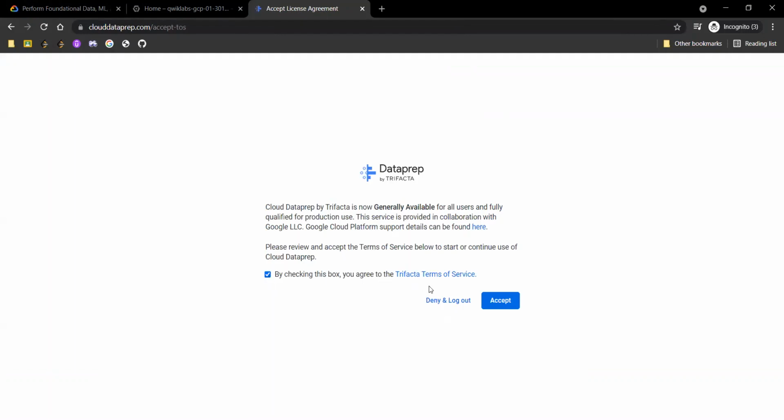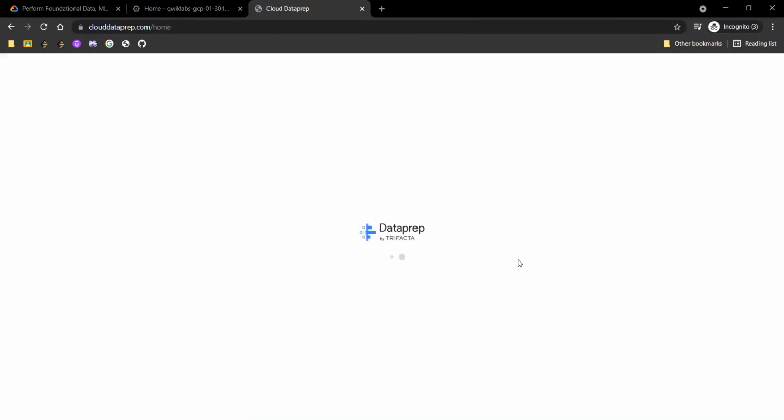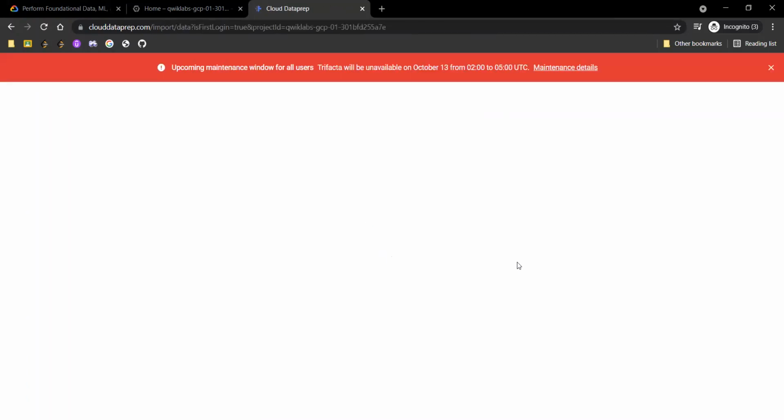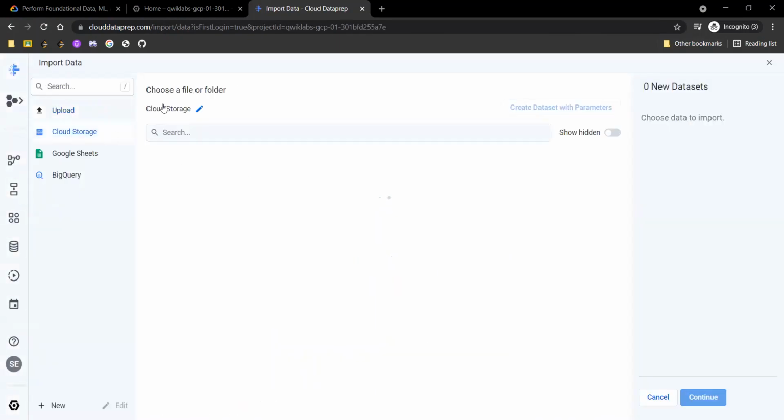Click on this checkbox and click on accept. Click on continue. Click on Cloud Storage.